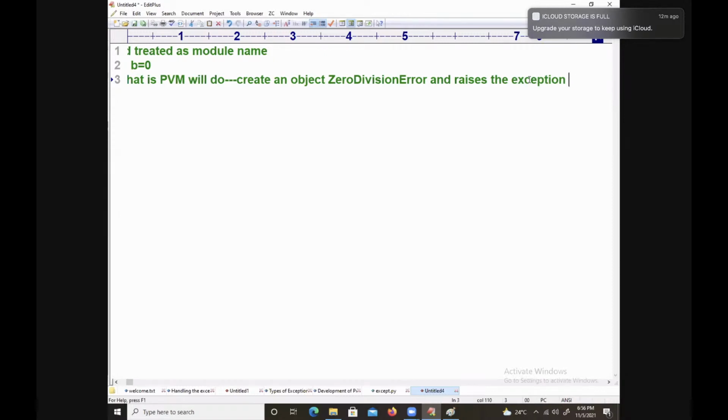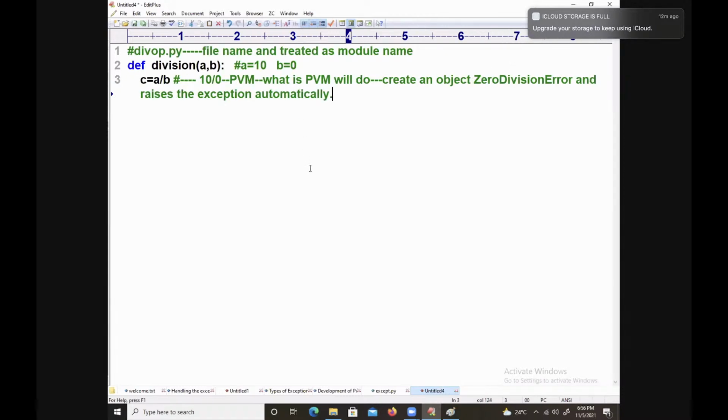What will the PVM do? Create an object of which class? Zero division error, and raise the exception automatically.